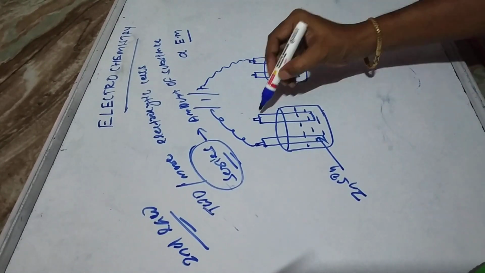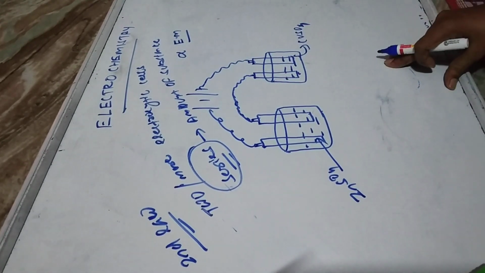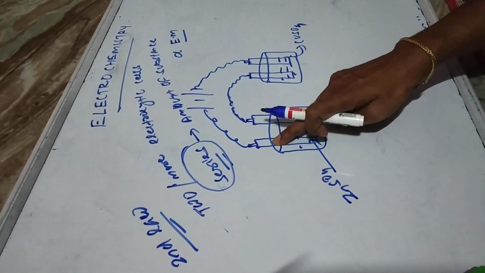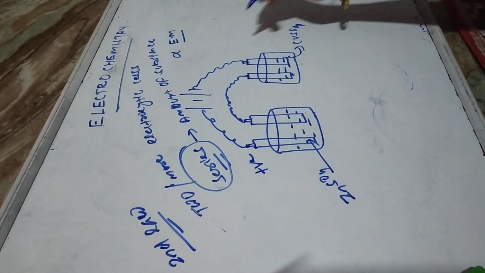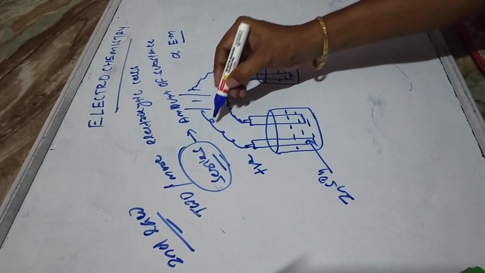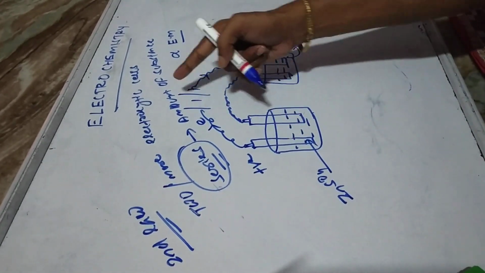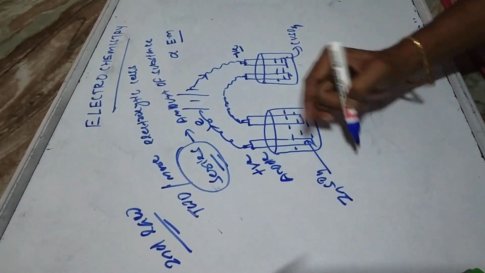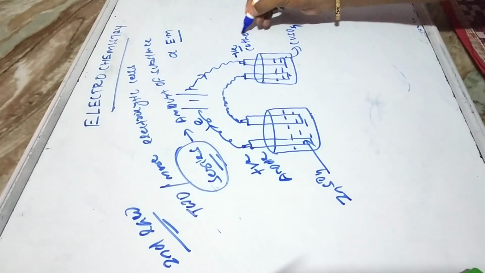In the series connection, the positive end is connected to the negative end. This is the positive end of the battery and it is connected to this electrode, so this electrode becomes positively charged. This is the negative end of the battery, so it is connected to this electrode, which is negatively charged. So electron flow will be in this direction. As it releases electrons, this is the part of oxidation, so here it is an anode. And it accepts electrons, so this is the part of reduction, so this is your cathode.